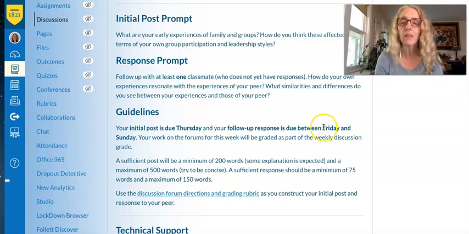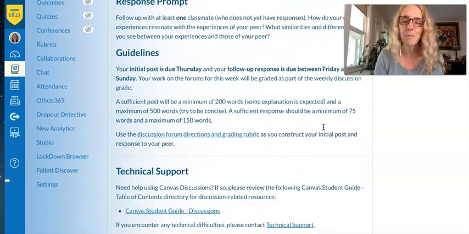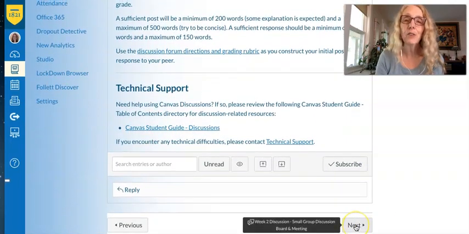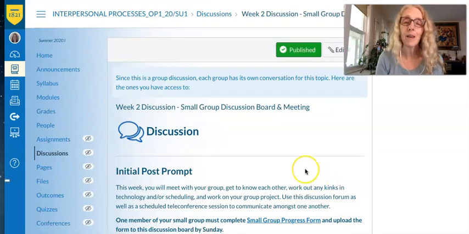But responses really need to happen between Thursday and Sunday because some people are really busy and they're working and they have families and they don't get to post until Thursday. So if we don't wait a little bit, then those folks that can't make their post until Thursday never get to be seen or heard or known, which might be words that you've started to hear about. Okay? If you need to do it earlier, just email me. And I almost always say yes.